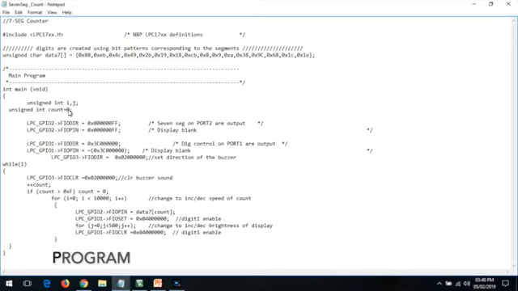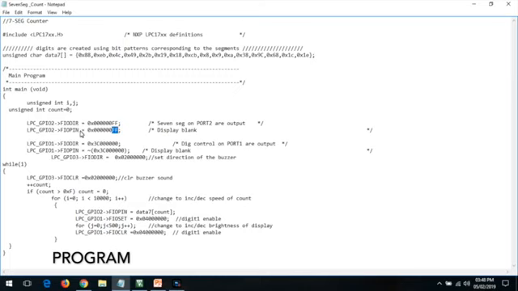Next, we need to configure the 7 segments as output port. So we are using port number 2, general purpose GPIO 2, and we are setting the direction by sending FF so that all the segments are output. Similarly, we want all the segments to be blank initially, so we are sending FF for the register FIOPIN.